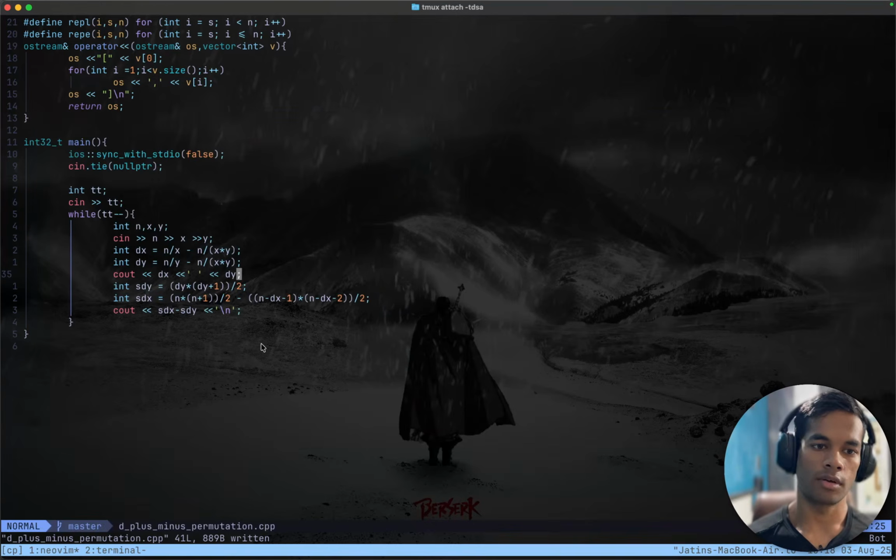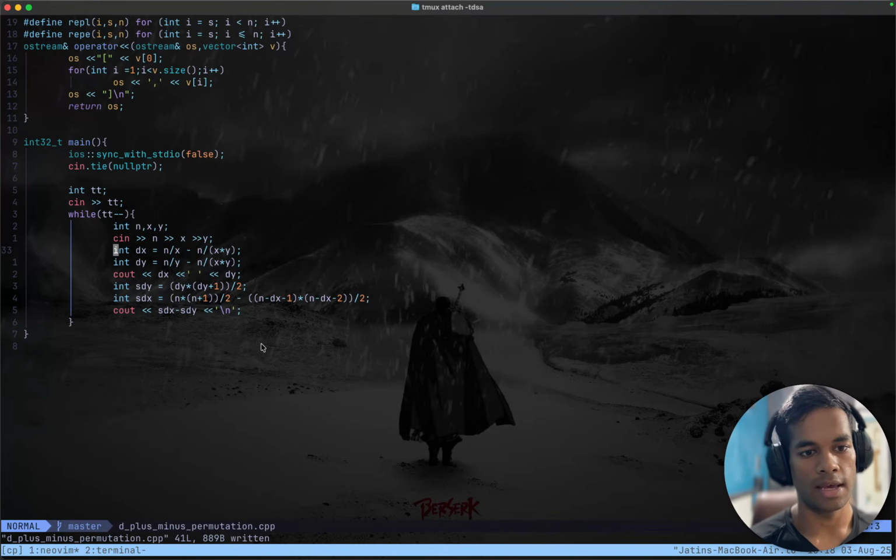Why is there one factor of 2? If n is included, this should return 1, and n divided by n into n,